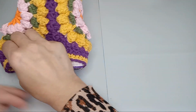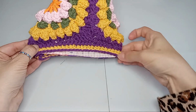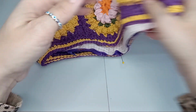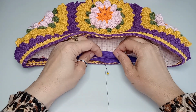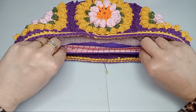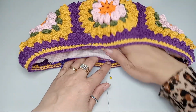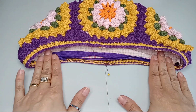So I'll go ahead and fold my bag in half. So here somewhere is my middle there. So I will go and use my middle markings again to center my zipper. So if I did the math right and if I did the sewing correctly, then I should have almost the same